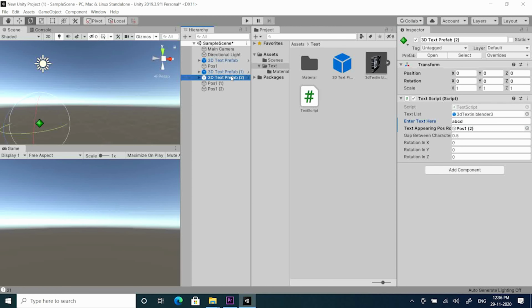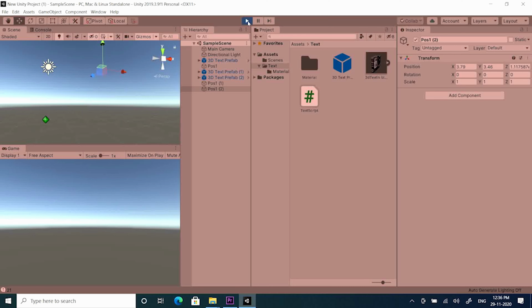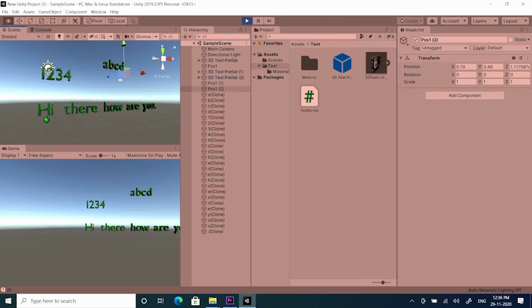Let's also change the position of these game objects, where text will appear. And hit run. So now we see 3 texts are created.